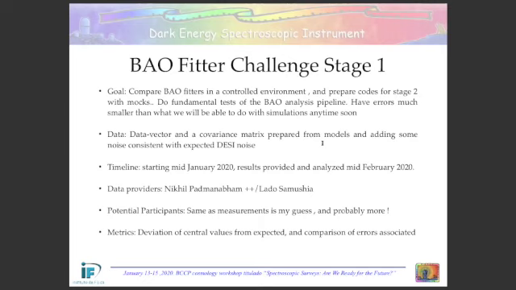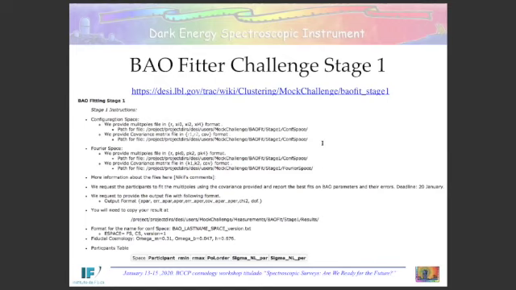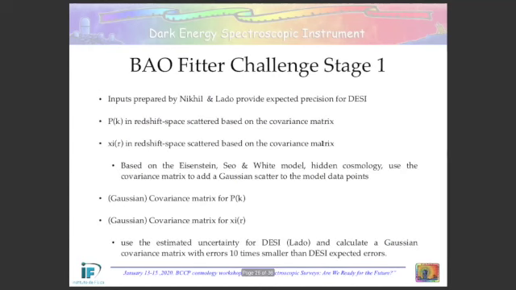The idea is to provide this to the participants and to start setting up the fitters for this second stage of the mock challenge. This is already on the wiki, but the inputs for this exercise are not ready yet. Hopefully in a week or so we can provide them, and we are going to start the challenge.